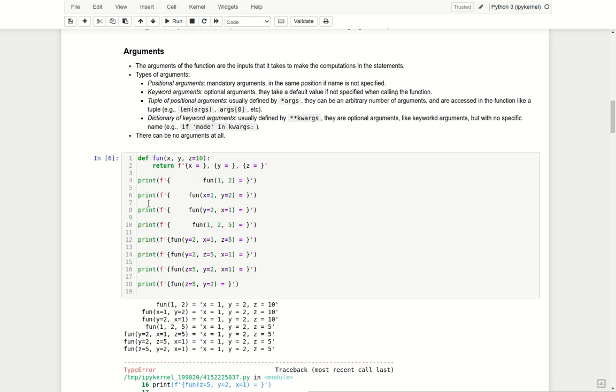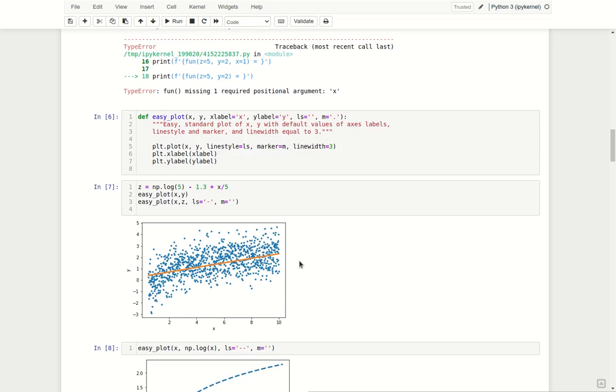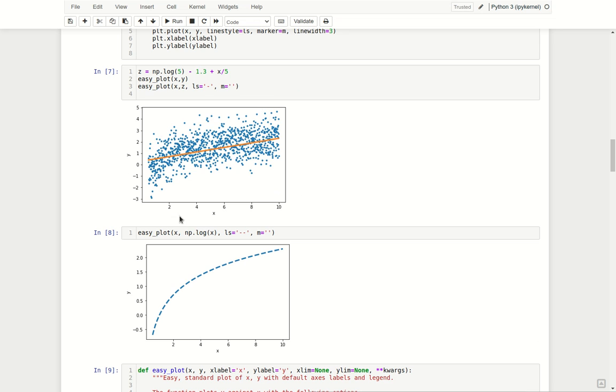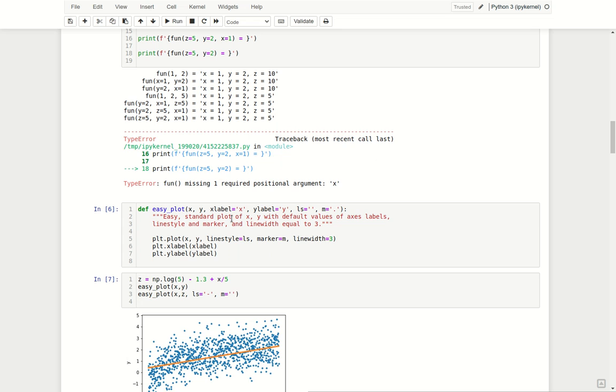Okay, outside the function, when we return the value and we are again outside the function, the values of x and y are going to be the previous ones. Okay, so in this case, yes, this was one of the examples. So we had x and y. Remember that this plot was made with x and y. Remember that by default it is going to use these x and y labels, no line style and a dot marker,